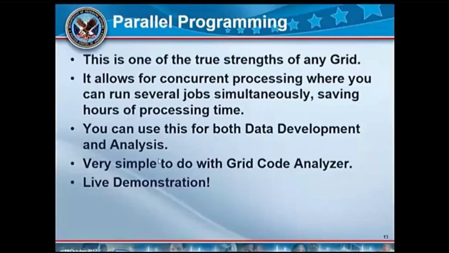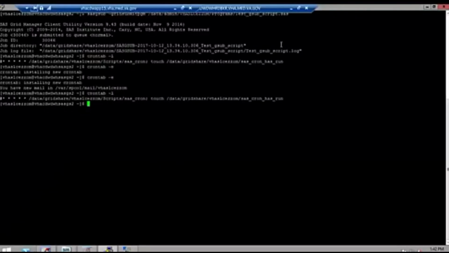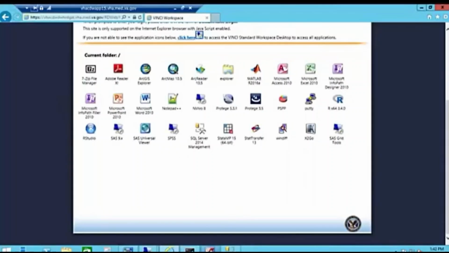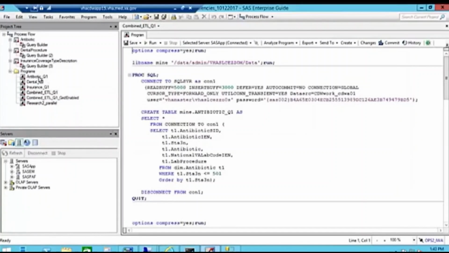And you can use this both for data development and analysis, and it's very simple to do with the grid code analyzer. And let's do another quick live demo. I have this one here. Here were things, and let's talk about this a little bit. This was a program I tested, and to test it, this is SQL Pastor, and I generated this by looking at my